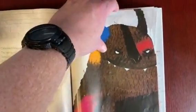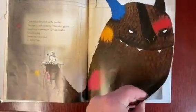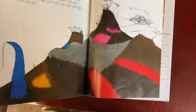So there is something to be said for the layout of the book and where these pictures are placed, because that would be a really good joke if they were saying it on the page before, that she didn't know what she was going to do until, boom, we get to see the giant monster. So in that way, the layout of the book is a little bit off, but other than that, it's a